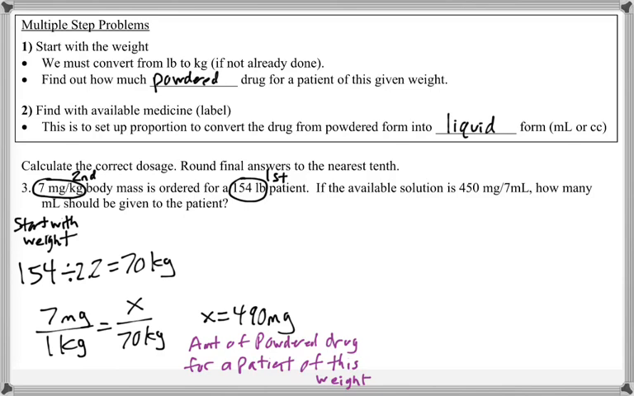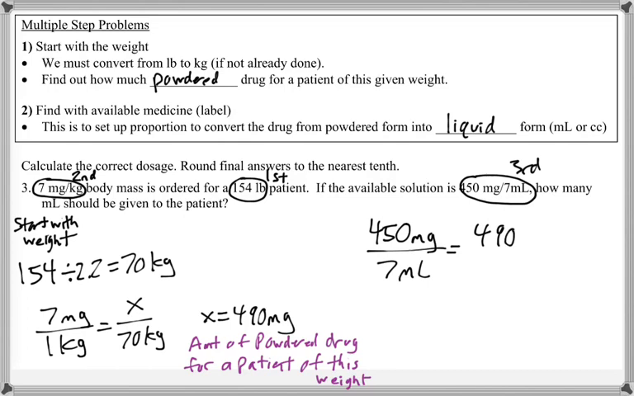So then finally we need to figure out how much drug we need to give the patient in liquid form. And we're going to use the solution strength, or the available medicine, to figure that out. So 450 mg over 7 mLs is equal to 490 mg over x. So I'm putting this in the proportion with my solution strength. And then we do 7 times 490 divided by 450,